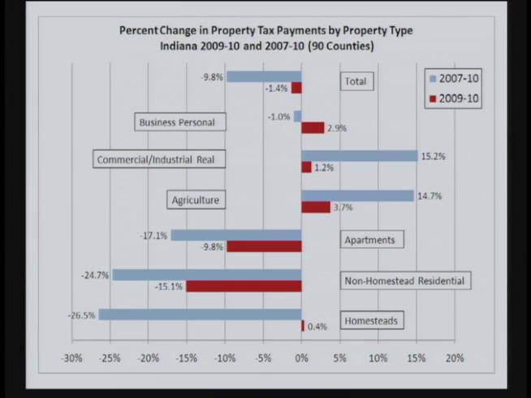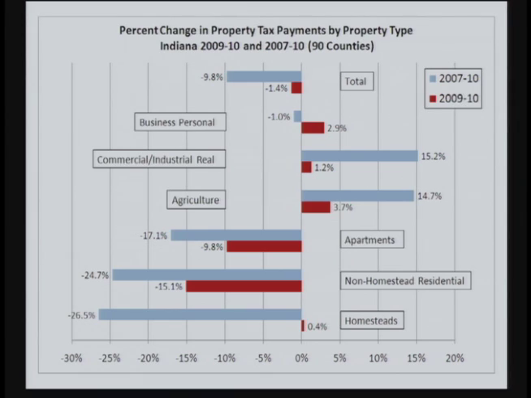Agriculture, next up there, has seen tax increases since 2007. Agriculture didn't get very much of a tax break from the tax reforms of 2008, and their property, farmland in particular, is usually not eligible for tax cap credits because the tax rates in rural areas are too low for the tax caps to kick in. So agriculture has actually seen tax increases of 14.7% since 2007. Commercial and industrial property have also seen increases of about 15% since 2007.